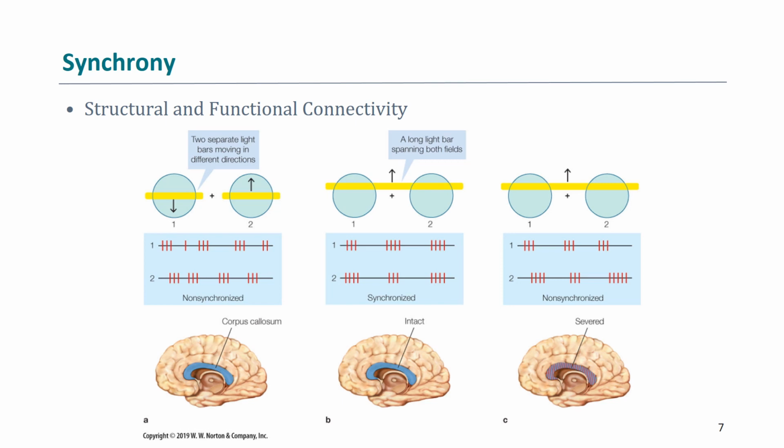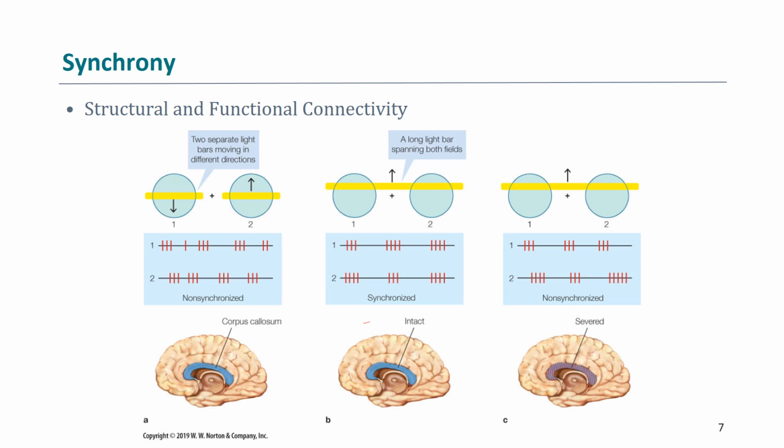This is when the corpus callosum is intact in the middle here. If it's good, there's no problem, and you get the same firing from the right visual field and left visual field, both firing